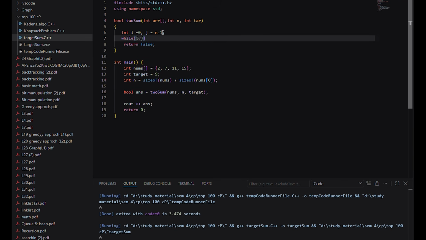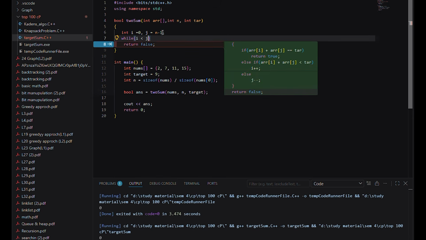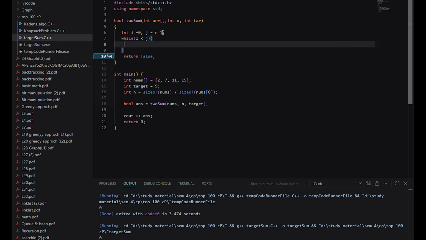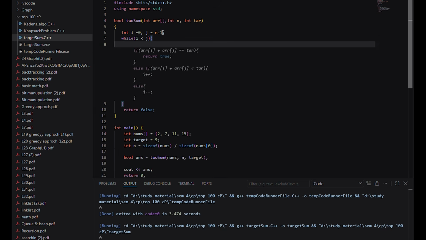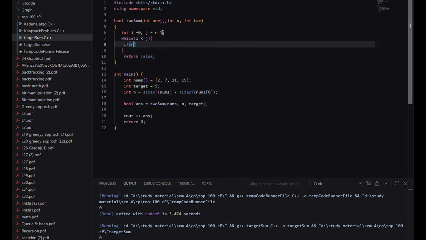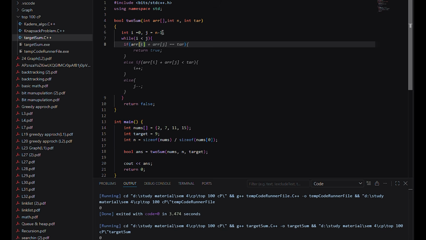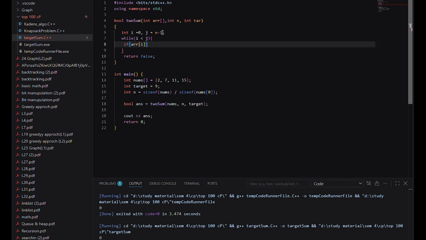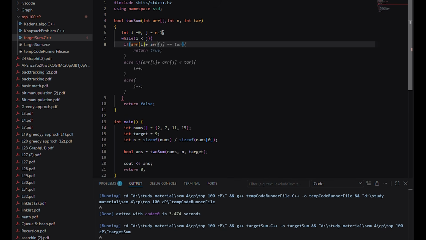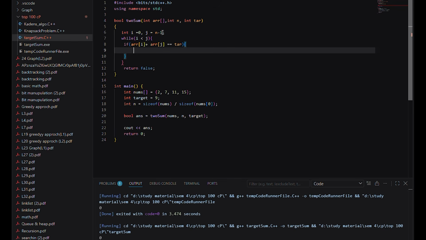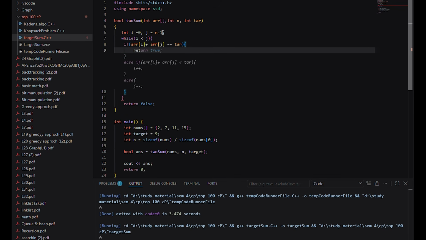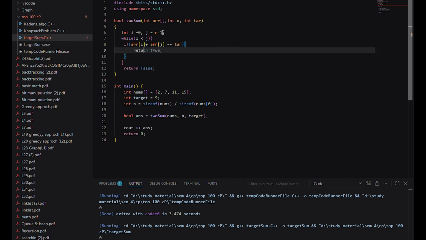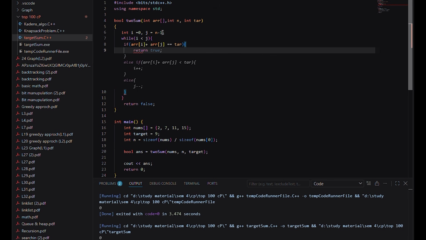Now while i is less than j, we check: if array of i plus array of j is equal to target, then return true,